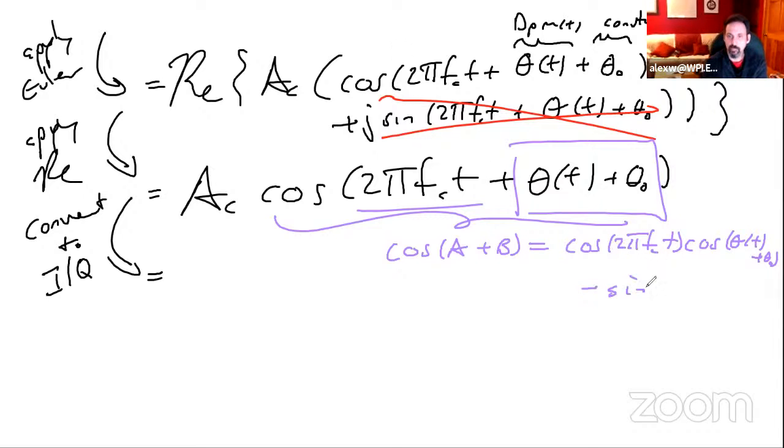Sine A. So let's flip these around. It doesn't really matter, okay? Sine B, 2 pi FC of t. All right, so this is actually quite powerful stuff. All right, so what this is at the end of the day,